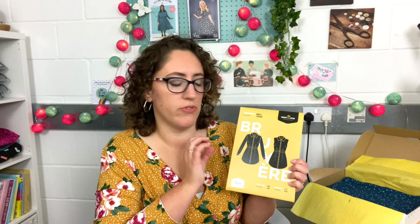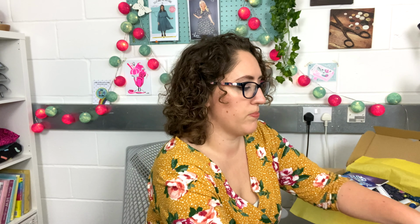Anyway, so there is the luxury box. Pop all that back in here. Try not to eat the magic stars. Then the classic box is right here. So let me show you, this is how it turns up in the post. So again, the classic box has the needle minder, the mini doesn't. So it's only the classic and the luxury boxes that have the needle minder. Thread to match the fabric, magic stars, the zip, the magazine, 4 gorgeous fat quarters,